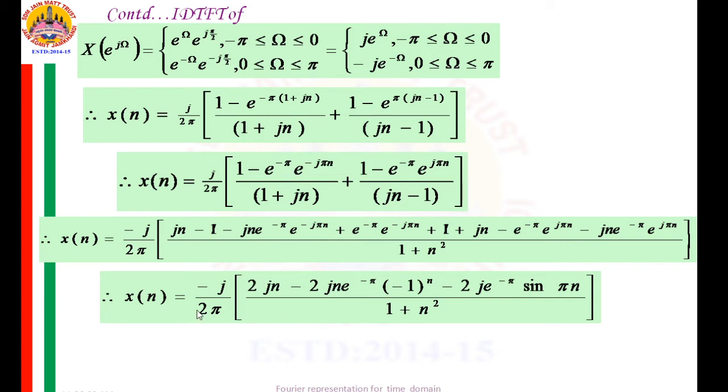This 2 and this 2 you cancel, and this j you multiply inside. So what you will get after multiplication inside? You can pause in between and evaluate this and check what is the answer, and see whether what I have done is the same you have got. So here xn is equal to, n is common, 1 minus e raised to minus pi minus 1 raised to n upon pi inside 1 plus n square. So this is your xn.